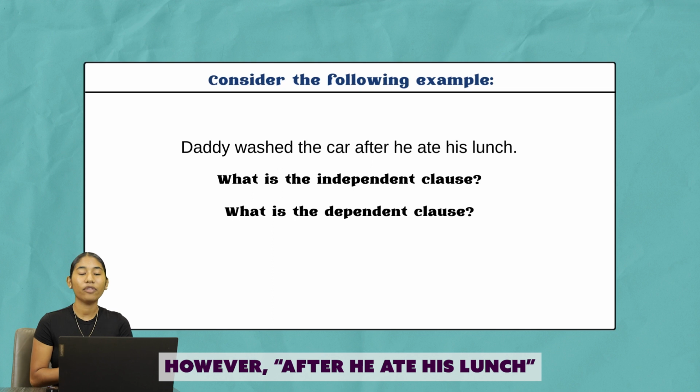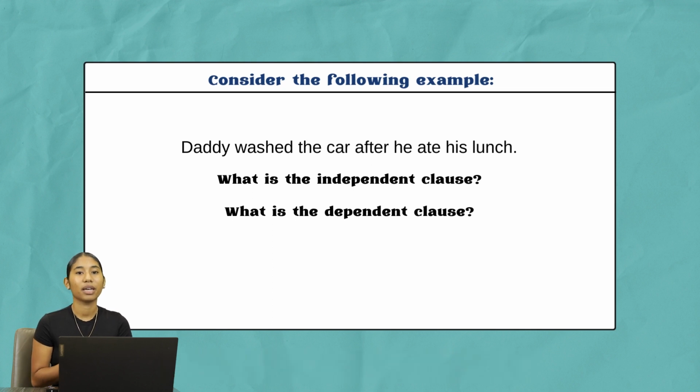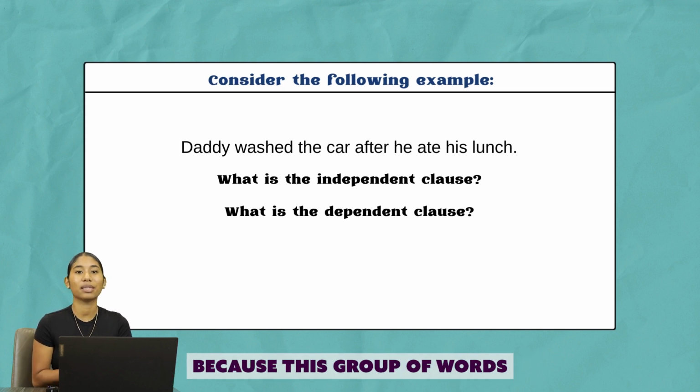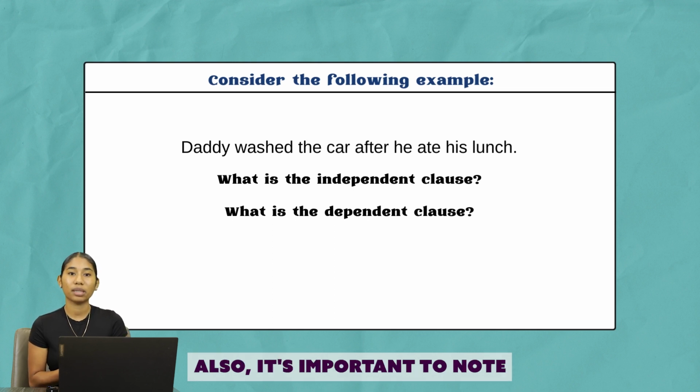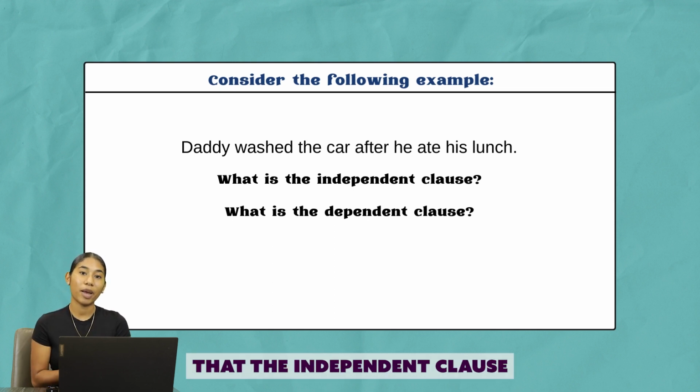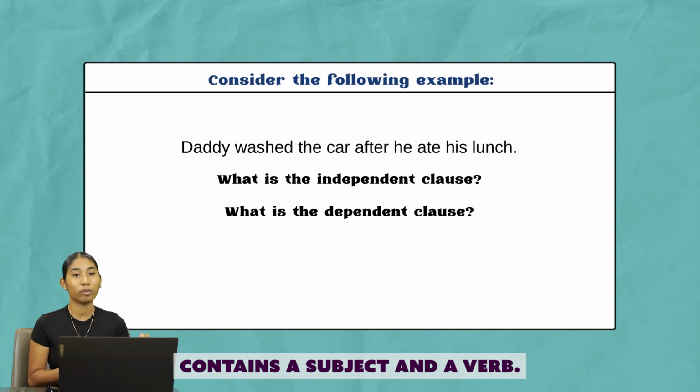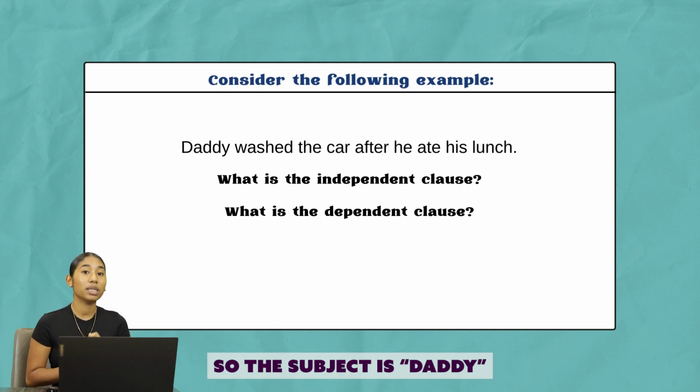However, "after he ate his lunch" will be the dependent clause because this group of words cannot stand on its own and it does not express a complete thought. Also, it's important to note that the independent clause contains a subject and a verb. So the subject is Daddy and the verb is